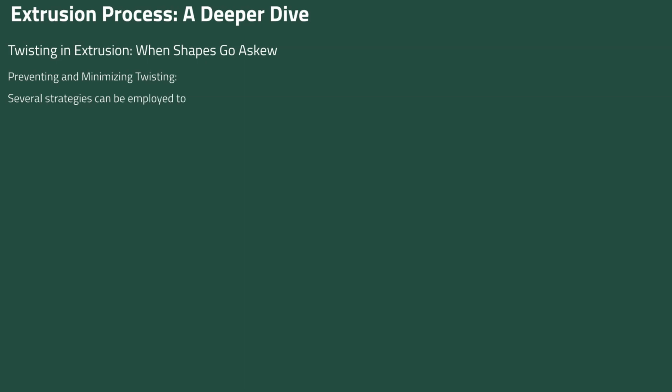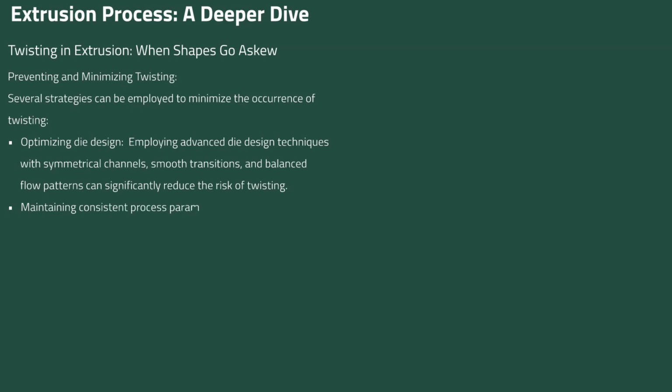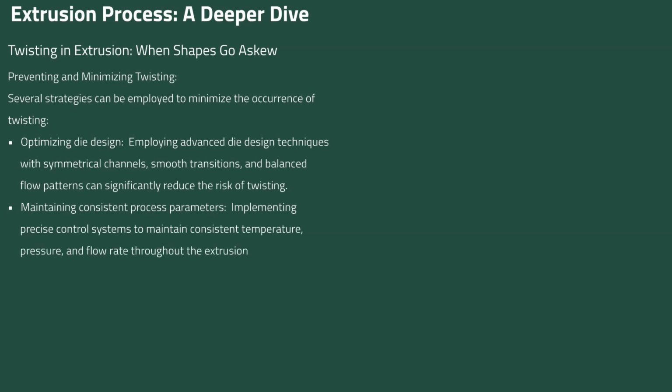Several strategies can be employed to minimize the occurrence of twisting. Optimizing die design. Employing advanced die design techniques with symmetrical channels, smooth transitions, and balanced flow patterns can significantly reduce the risk of twisting. Maintaining consistent process parameters. Implementing precise control systems to maintain consistent temperature, pressure, and flow rate throughout the extrusion process can minimize unbalanced forces